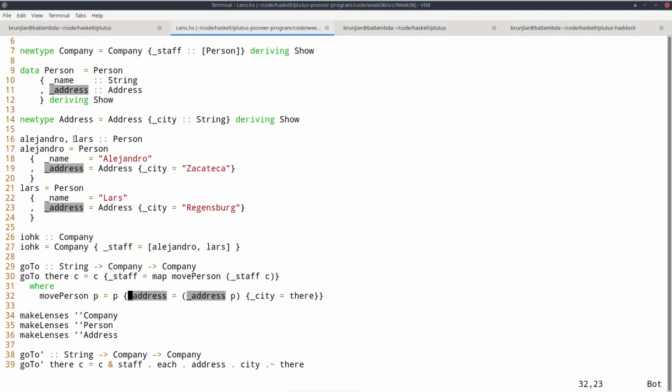So I write a helper function, movePerson, and I map this helper function over the staff of the given company. Now in order to implement movePerson, I take the existing person and use record update syntax to change the address. So the name will be the same as the name of p, but I change the address. And what do I change it to? Well, I take the existing address and change the city name to there.